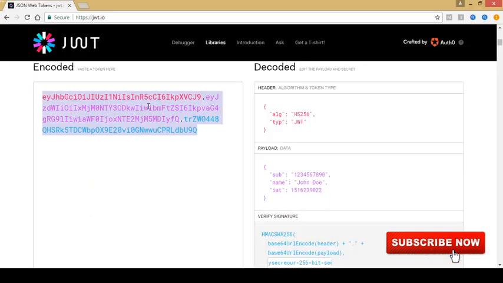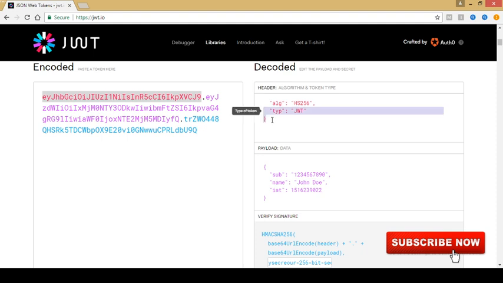So you can see that on the left side of the screen is the encoded part, and the right side is the decoded part. If you see this JWT token, it looks like this format. There are three components in it. The first part is the header, you can see here. The header talks about what kind of algorithm you are using. So we are using the 256 algorithm, which I talked about.